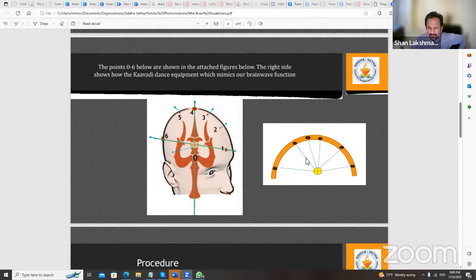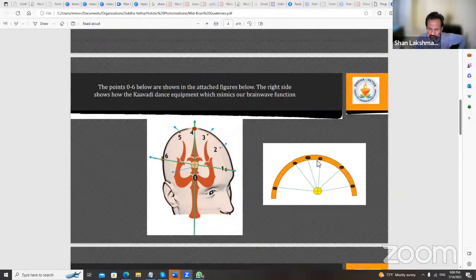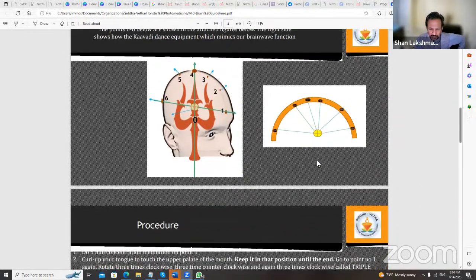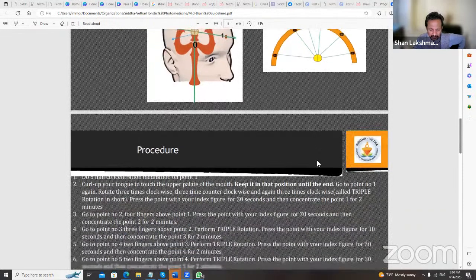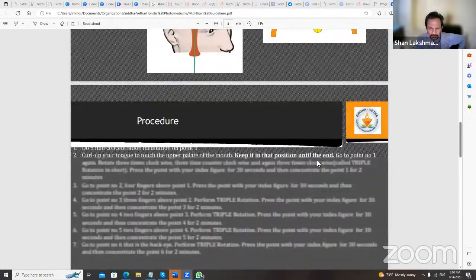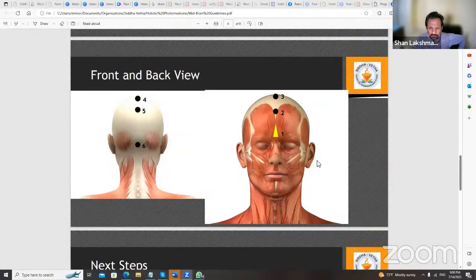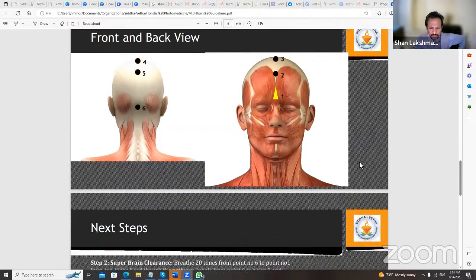All of this takes a lot of process. I just want to tell you now that what you're doing, you can passively do from remote so that these points are activated. But actively doing it, we cannot do within this time. So I want you to go for passive. Later, if you are interested in active, that's a separate thing. There are different points: this 1, 2, 3 point here, and then the 6 points. Very important points in the brain.